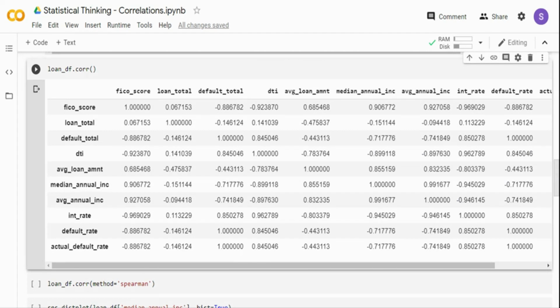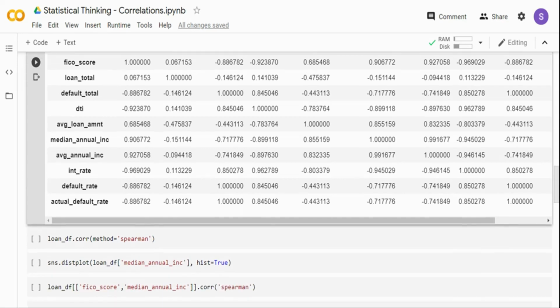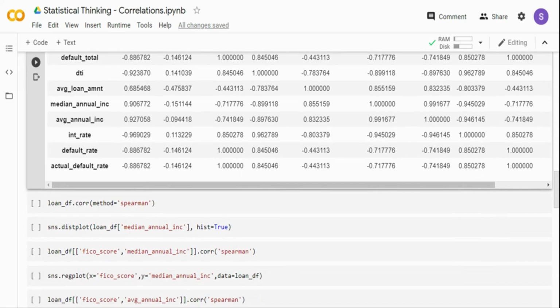There can be a linear, there can be a non-linear, there can be monotonic, or there can be no relationship at all. So let's go and see, and I will also talk about when you are modeling this variable, how you can handle it. Now when we talk about correlation, there are two kinds of methods to assess a relationship. One is the Pearson correlation. Basically the Pearson correlation is used to measure the degree of relationship between linearly related values.